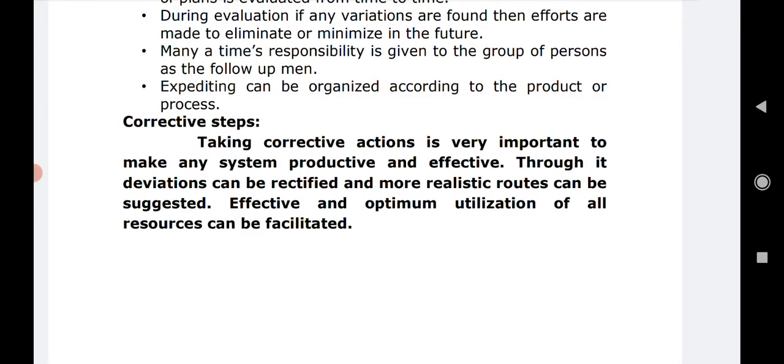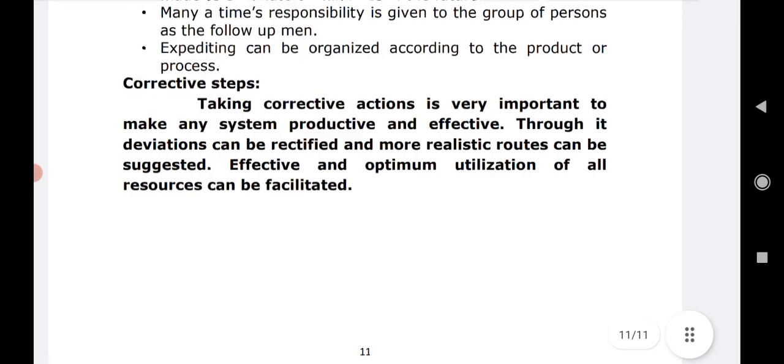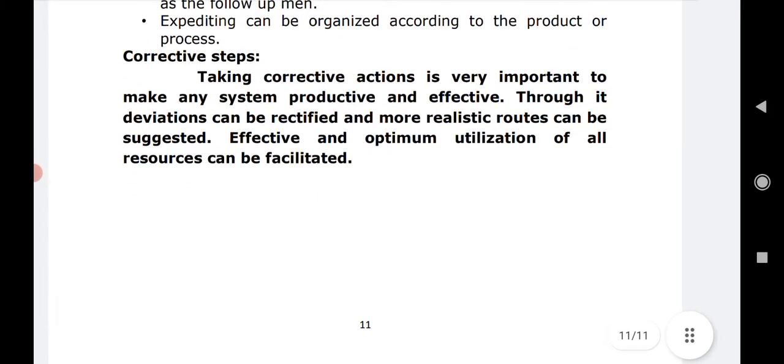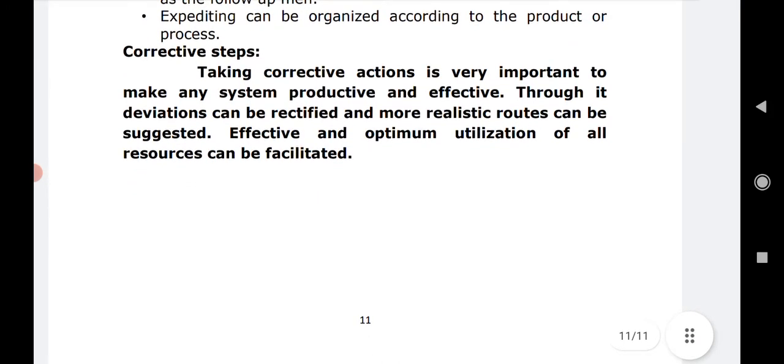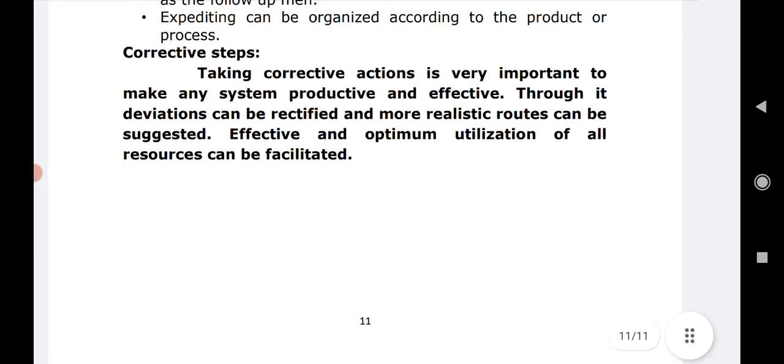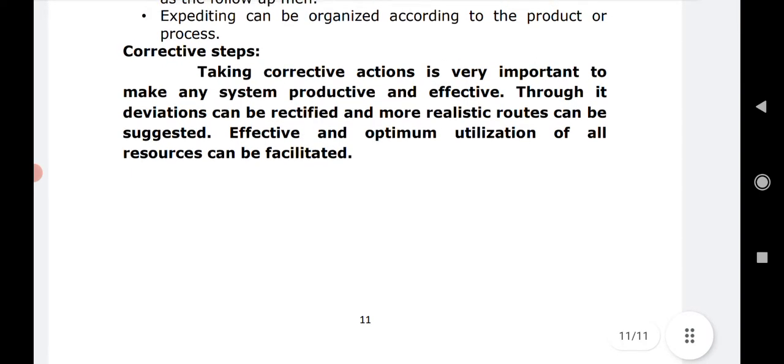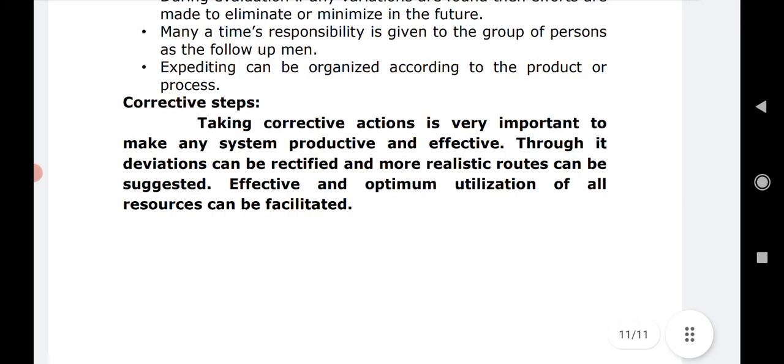So through it deviations can be rectified and more realistic routes can also be suggested. So effective and optimum utilization of all the resources can be facilitated with the help of corrective steps. So corrective steps can be considered as one of the very important areas of the